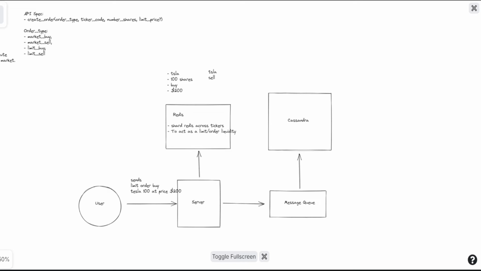If the price here is maybe, I don't know, $199, they only have 50 shares, but since it's sorted, there's going to be more sorted set over here where maybe it's 201, or maybe just 200, and that's going to be another 50 shares. So when they go to the Redis and look into this, they'll be able to buy these two